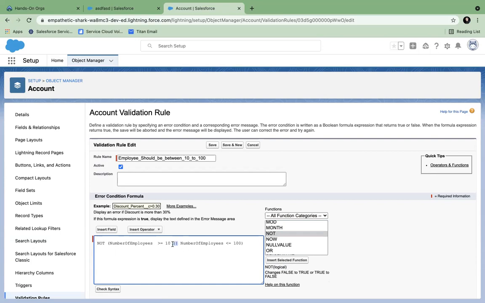Now this, what was my formula? Not of individuals when put together inside a not, this will reverse, isn't it? What was my logic?